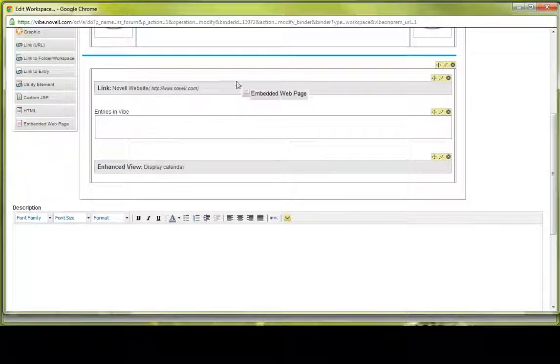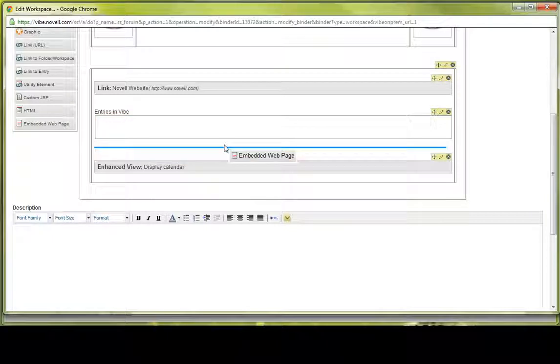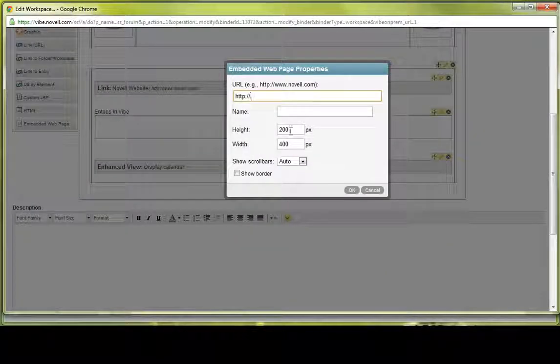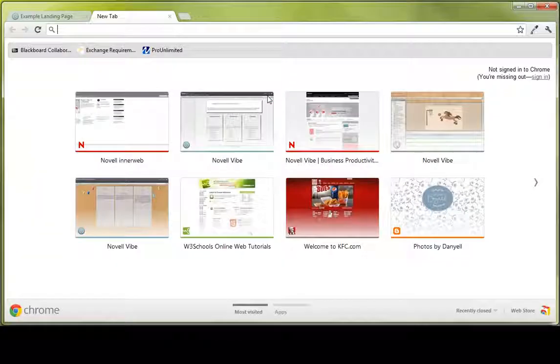So we're going to drop this embedded web page right under Entries in Vibe. I'm going to choose a pixel height of 600 and a width of 450, which would be half of this 900 pixels that we're looking for. We'll set the scroll bars to auto, and then we're actually going to go over here to novell.com,